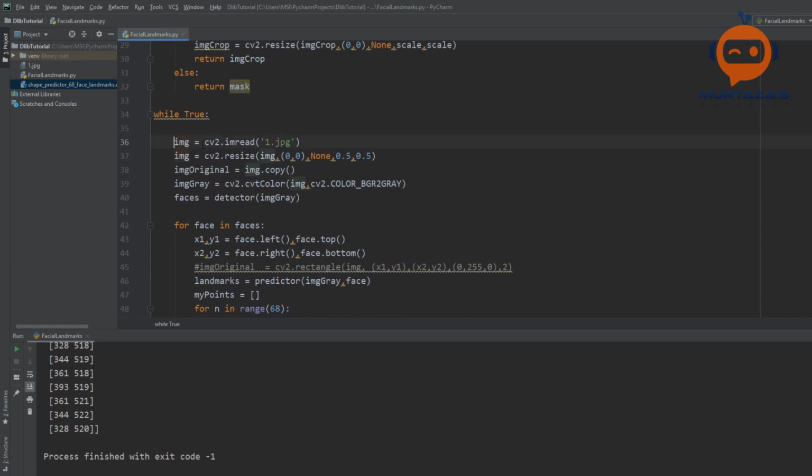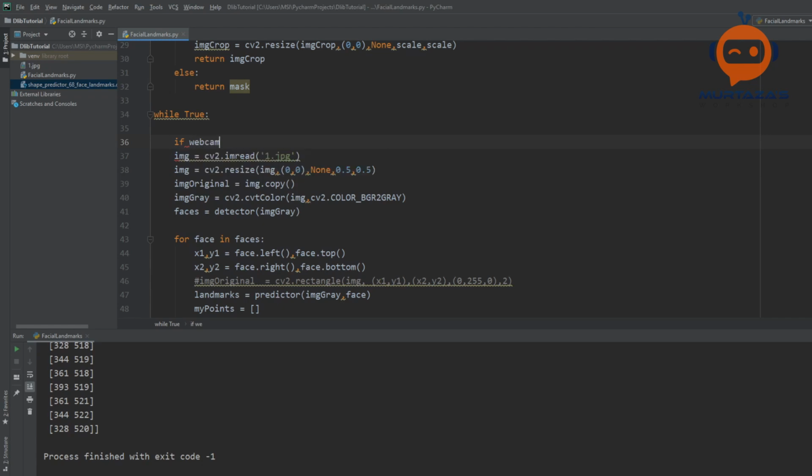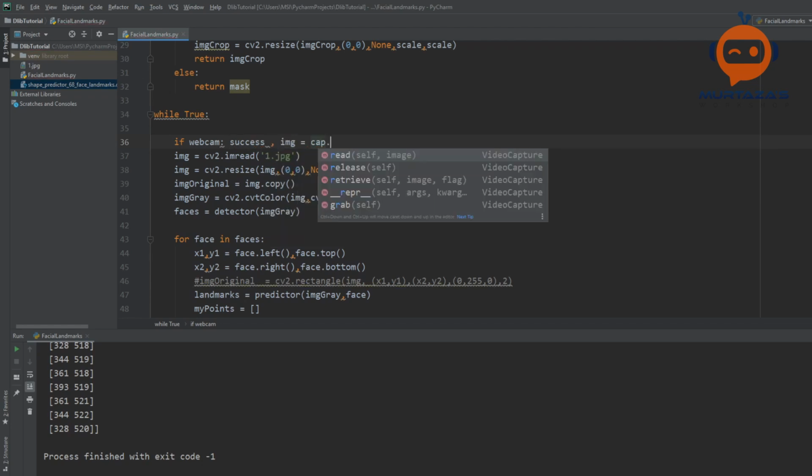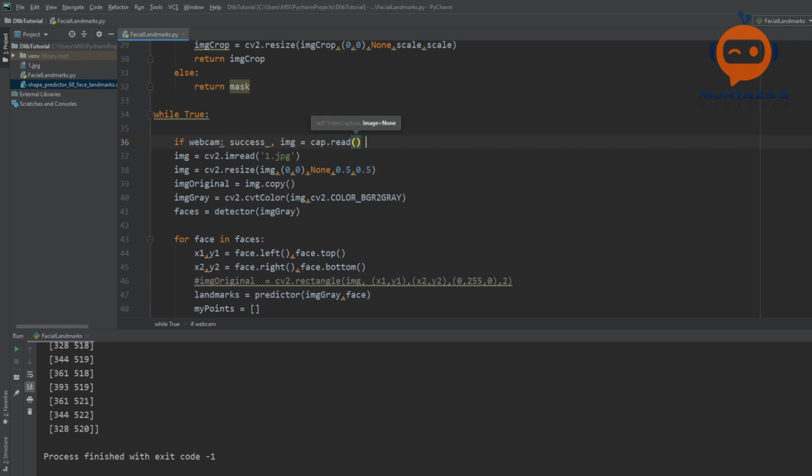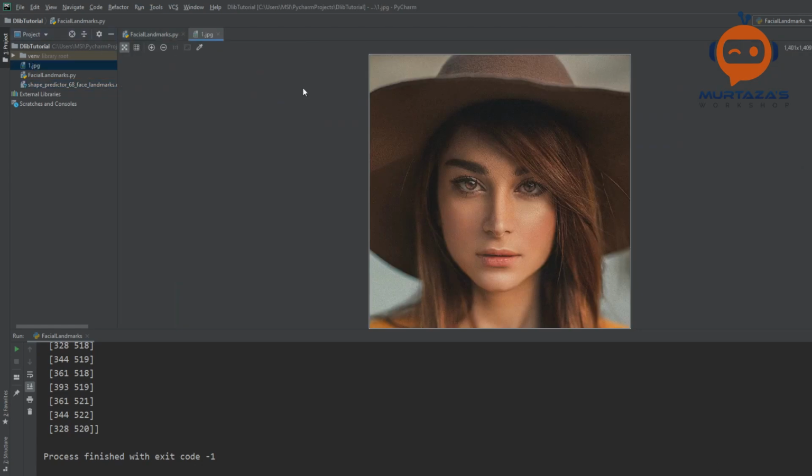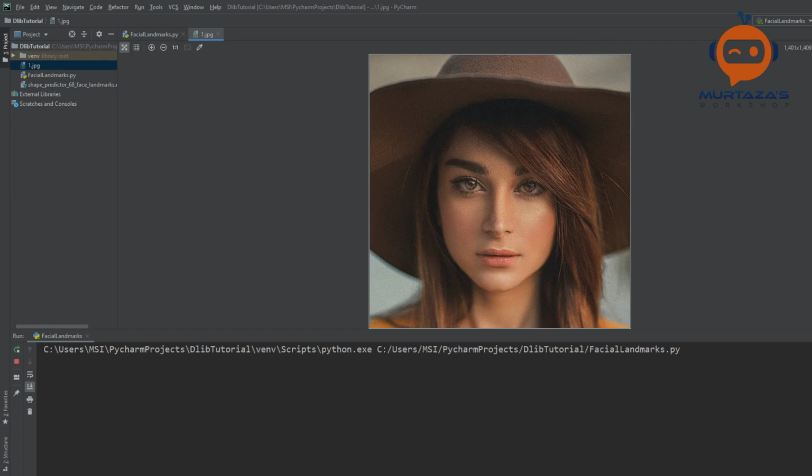Here in the while loop, we can write if webcam: success, image = cap.read(), and else we will take the image. So my webcam is connected. Let me open up this image, and if I run it now,